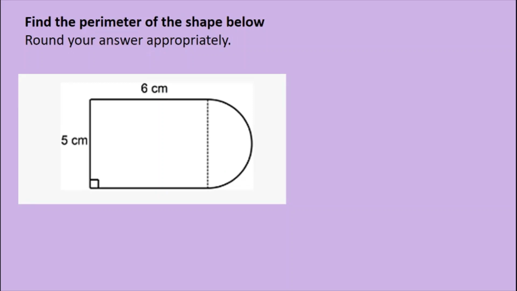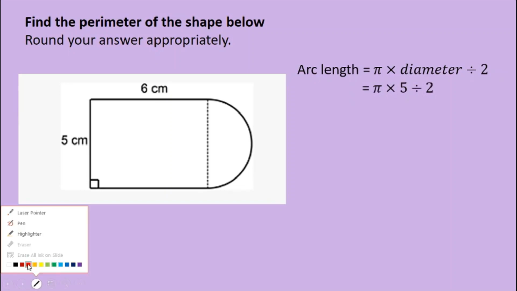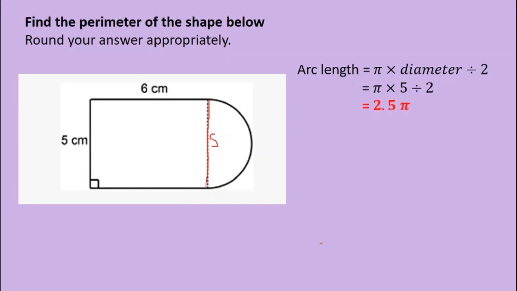Okay, you can also have compound shapes where we combine 2 different shapes. So for this one, for example, the first thing I need to do is I'm looking at this rectangle and I've got a semicircle. So I'm going to do the arc length pi times diameter divided by 2. The diameter is obviously this bit, and because that's a rectangle, this must also be 5. Okay, so I'm going to do pi times 5 divided by 2, and I'm just going to say for now that's 2.5 pi. I'm just going to leave that as is so I don't have to worry about rounding